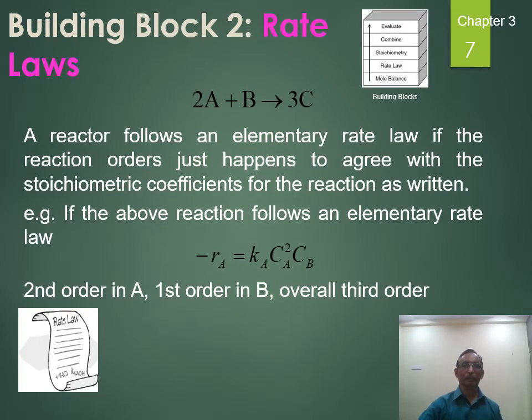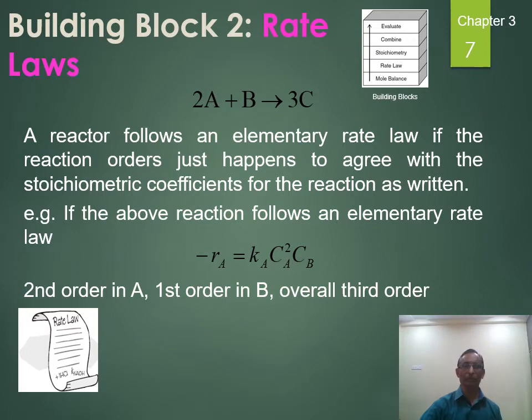Consider the reaction, now to define the rate law. Consider the general reaction 2A plus B gives 3C. From this reaction you can immediately identify the order of the reaction. You can say it is 3: 2 plus 1, the concentration raised to the stoichiometric coefficient, and the addition of those is the overall order of the reaction. With reference to A it is second order, with reference to B it is first order, but you have to remember to mention that this holds if it is an elementary reaction.